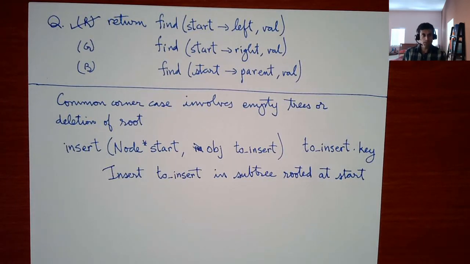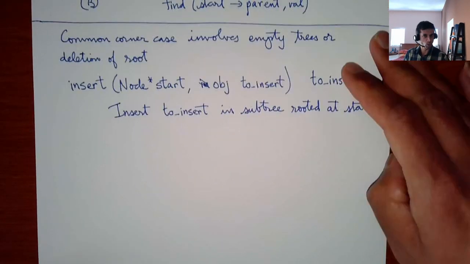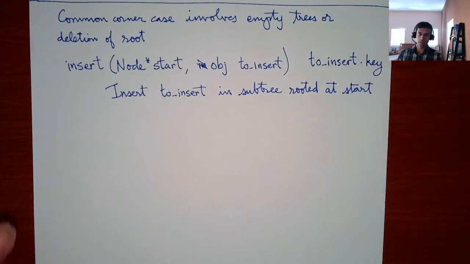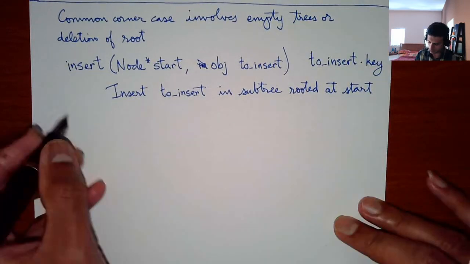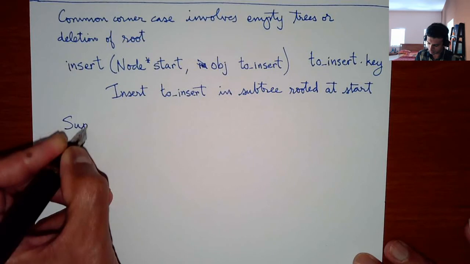Now the code tends to be a little large. There are multiple cases, and I don't want to write all the cases because, again, you'll see that they're quite analogous. So let me sort of write it out in English without being very careful about code structure, and I'll answer any questions that you have. I think once the logic is clear, you'll be able to write the code. It's not very hard. So let's just say that suppose